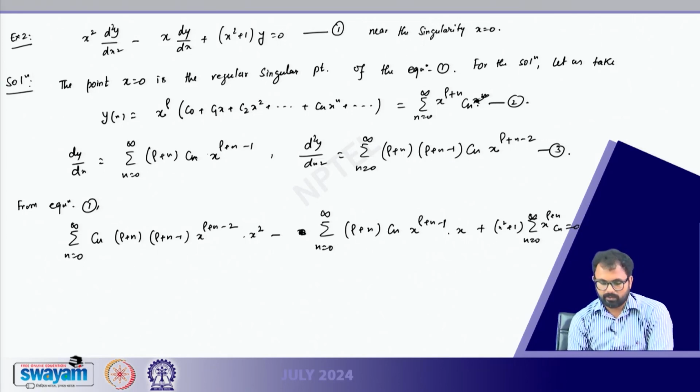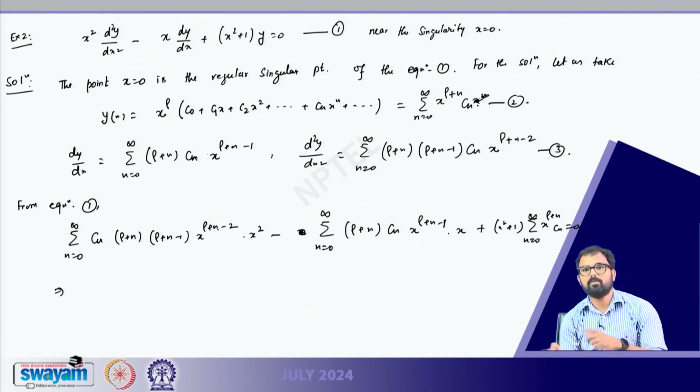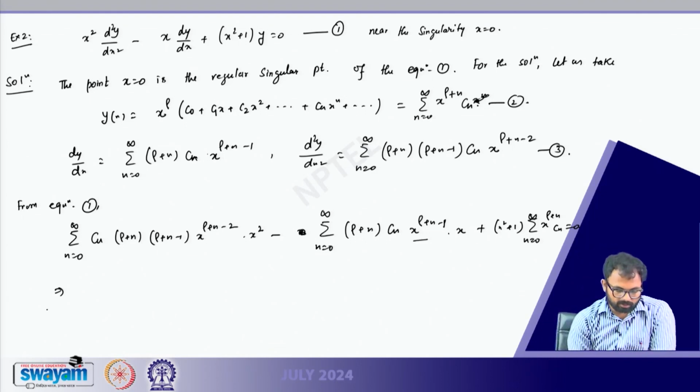Now from here, this x times x to the power rho plus n minus 2 plus 2 will simply become x to the power rho plus n. Here it will become x to the power rho plus n minus 1 plus 1. So that will give x to the power rho plus n, and that will remain as it is. So what will happen is we will have this expression,